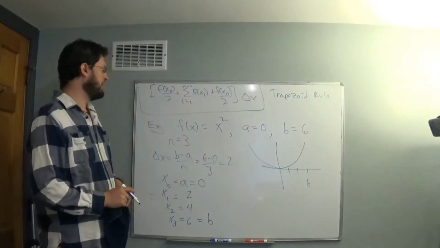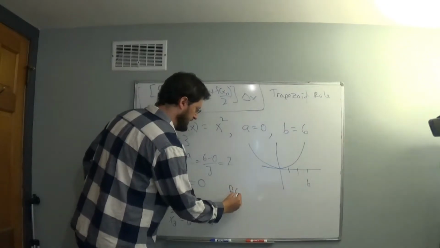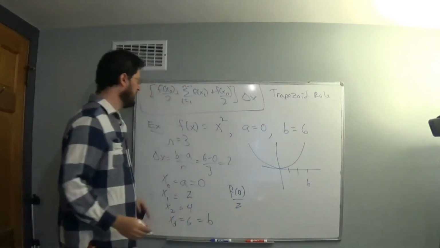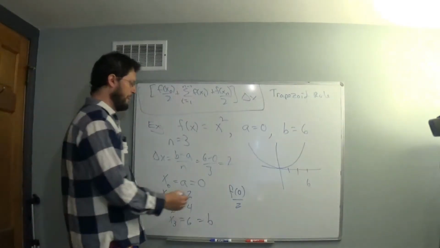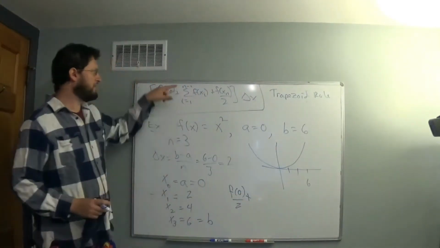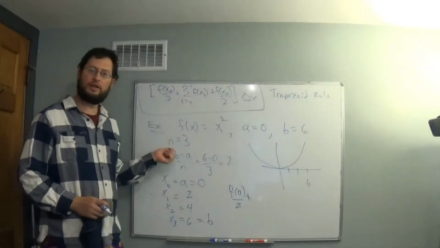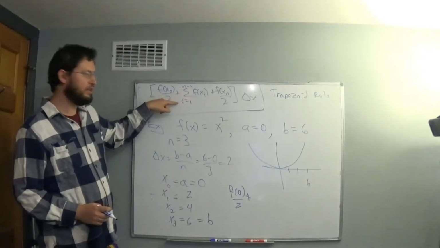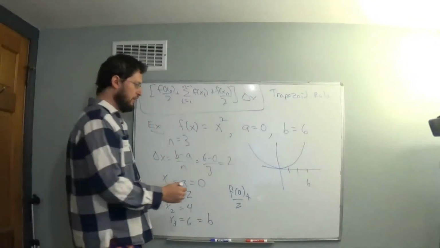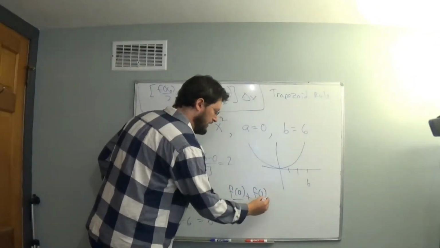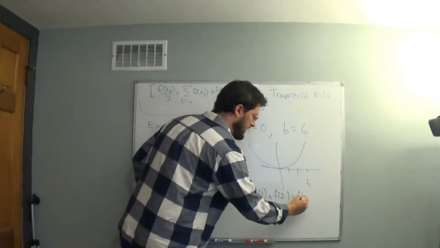Alright, so now we've got 0, 2, 4, 6 for our xi's, and all we have to do is write down our formula. So, what is f at x0? So I want f at 0 over 2. That's what this very first term in the sum is. Plus, what does this say? This goes from i equals 1 to n minus 1. So that's going to be 1 to 2, right? So i equals 1 to 2, because n is 3, so n minus 1 is 2. So we're going to have f at 1 plus f at 2